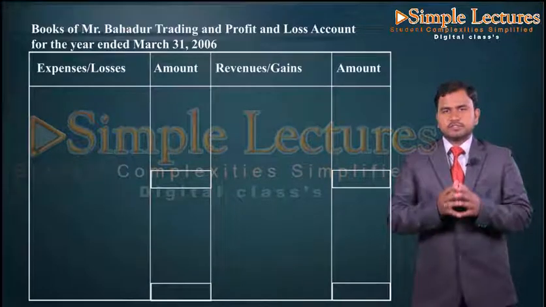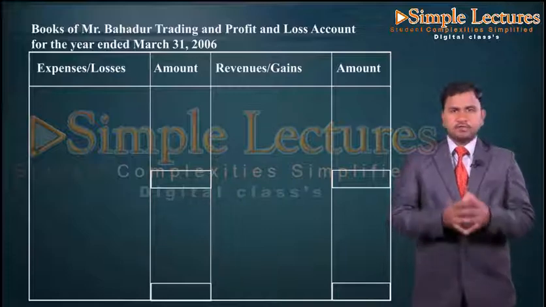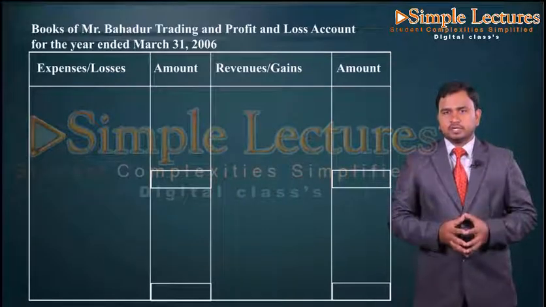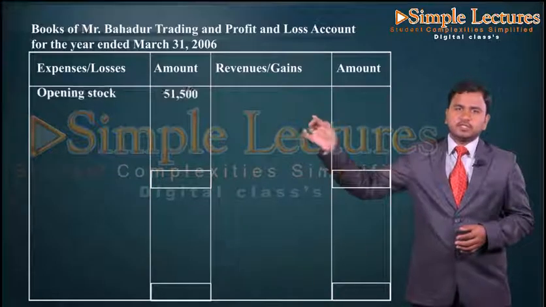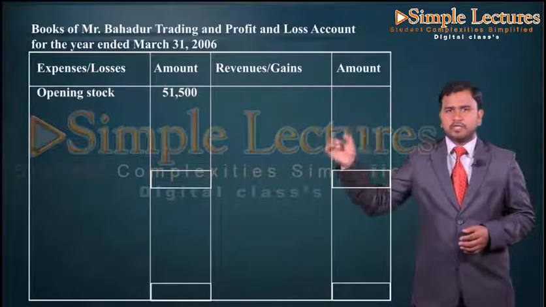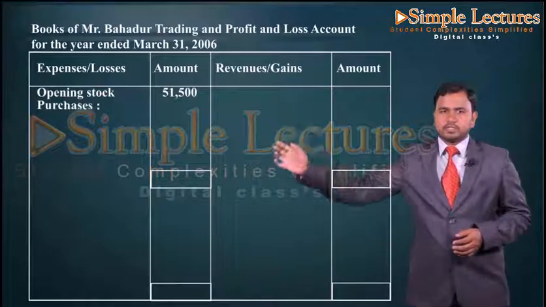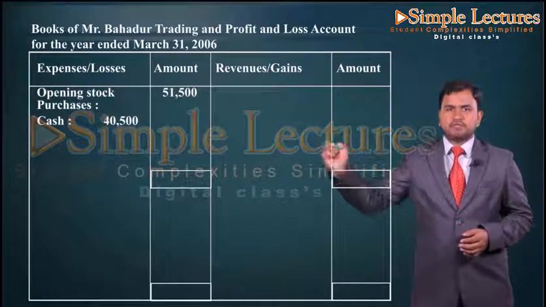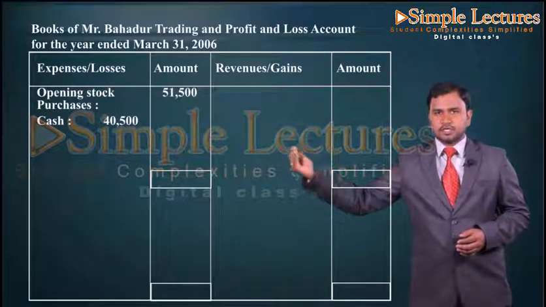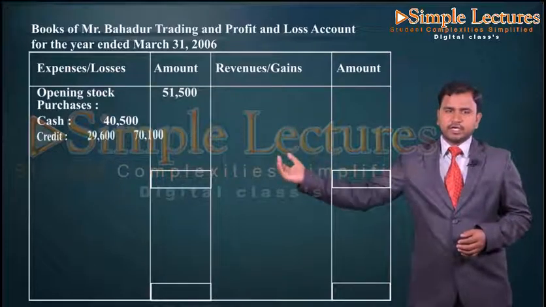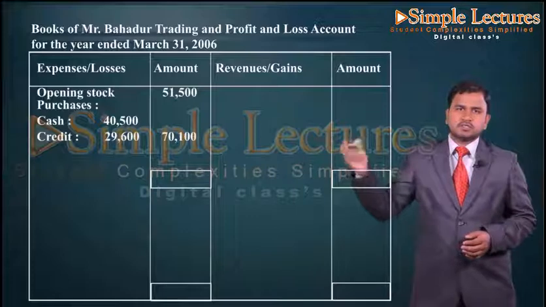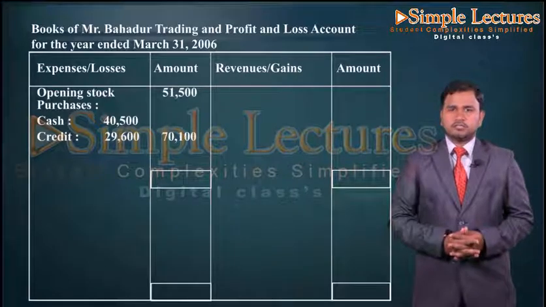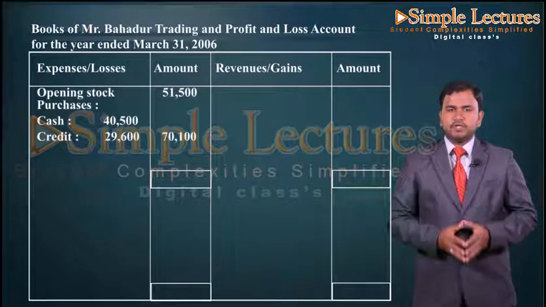So here first we are going to start with the trading account, where the first entry will be in the debit side, opening stock. So let us take in the debit side opening stock, which we have 51,500. Then purchases, cash purchases we have 40,500. Let us take in the inner column. Then we have credit purchases 29,600. So the total purchases to the outer column will be 70,100. Then we have wages